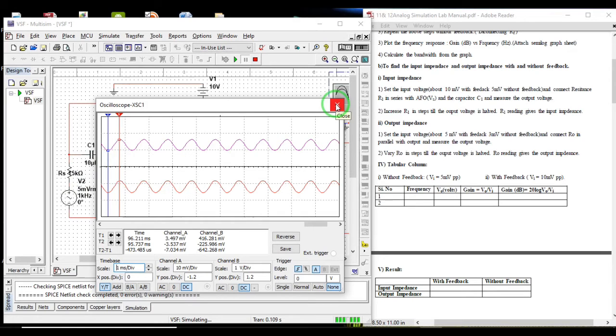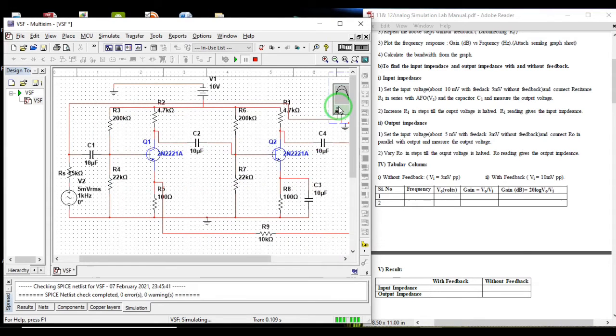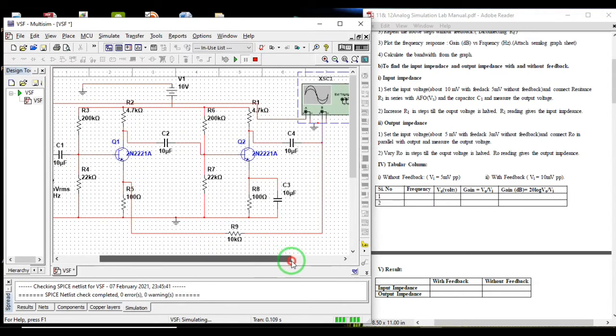At that time we don't worry about input, because input will certainly reduce because you have increased the resistance at input side. It will have some small effects. Okay, from 10 milli it has gone to 7 milli. That's fine, but output you have almost got half. So the same procedure you have to do for output impedance also.